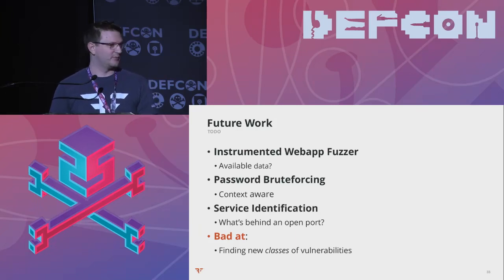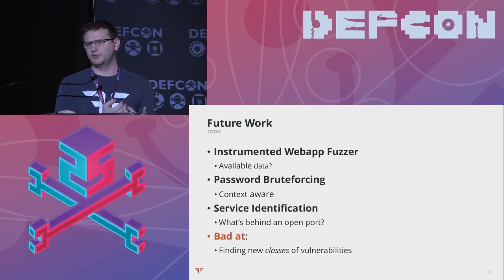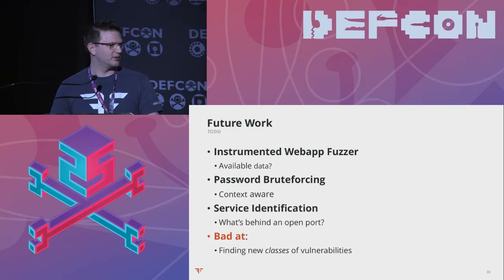In addition to that, we have things like an instrumented web app fuzzer, something that's given the internal structures from an instrumented Python web application, can see the internal data structures and logic, and can try to produce inputs that will exercise as much of that as possible. Basically like AFL, if you're familiar with that, but potentially much smarter in that it uses a neural network, but also for a web application. That's a much larger set of things to attack.